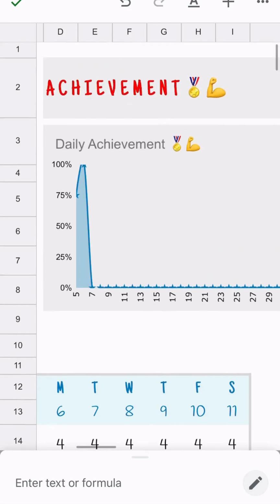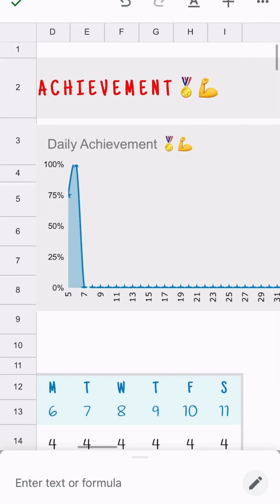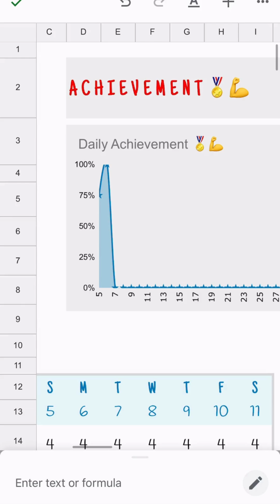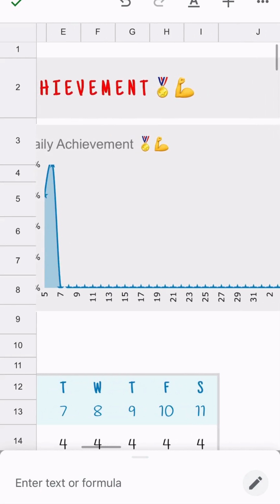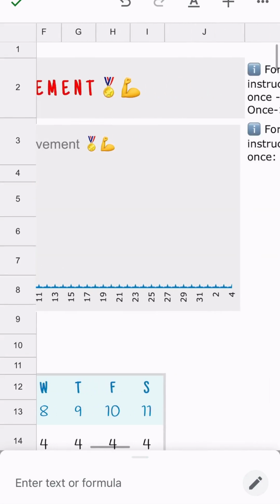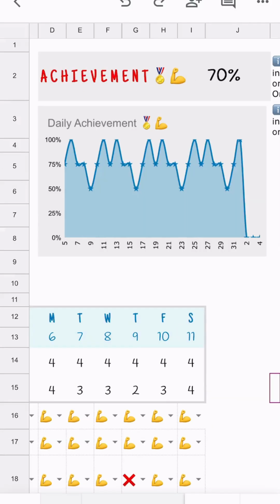And then on the top here, you'll have the achievement, which will give you an aggregate of 75% and 100%. It's not currently showing now because this number populates only when the month has actually arrived, and I'm recording this before Jan 2025. But this would show an average of 75 to 100% there. And that's it. That's tracking your habits.